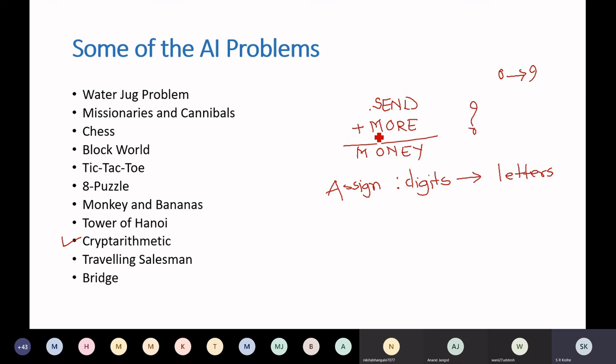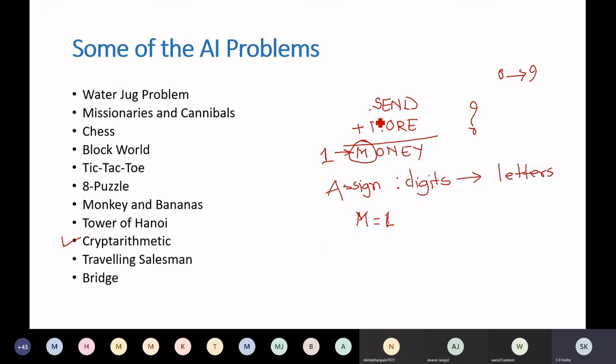So the maximum that you will get will be 17, or at most plus 1, 18. That means if there is a carry, in that particular case, you will find there is only one possibility for the carry, that is carry will be 1. So therefore M is equal to 1. That can be the starting point.